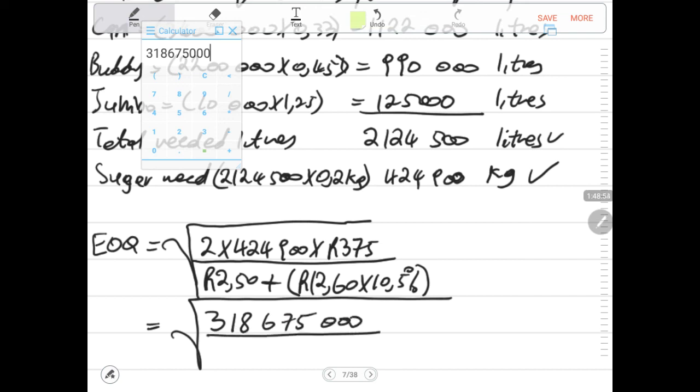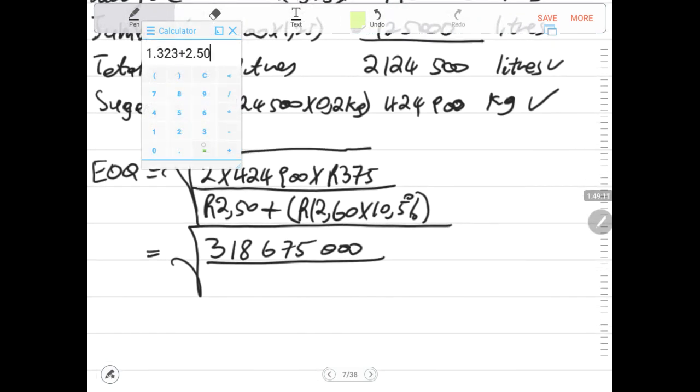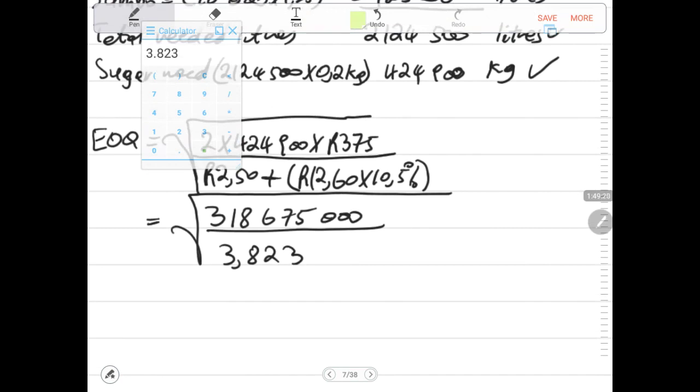675,000. We divide here. We say 12.60 times by 1.0 times 0.105. That will be plus 250. That will be 3.823. Now this calculator does not have the square root. After you have done your calculation, depending on which calculator you are using, some of the calculators will give you